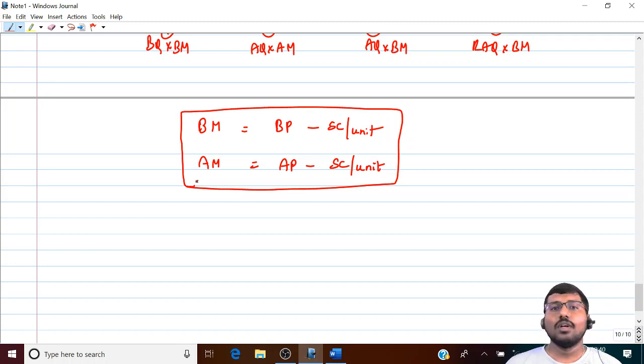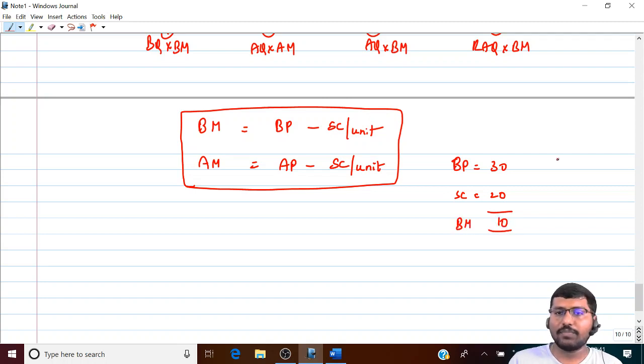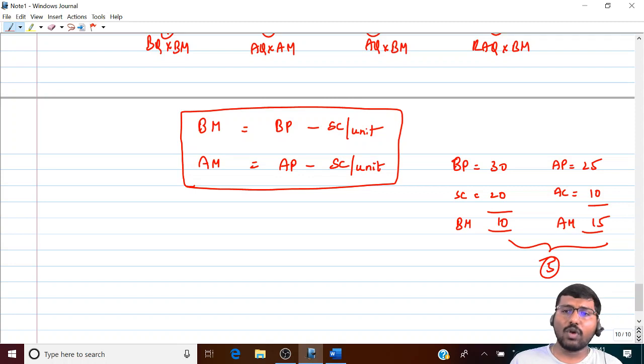You got this? Now, what is the logic behind that? Let's try to understand that with an example. Budget price, let's say it is 30. Next, standard cost is, say, for example, 20. What will be your budgeted margin? 10. Actual price is, say, for example, 25. Actual cost is, say, for example, 10. What is your actual margin? 15. Now there is a difference of 5 rupees. I wantedly took the wrong formula. Is that clear? Actually, the formula should be actual price minus standard cost. But then I've taken actual cost intentionally, only to explain you what is the logic behind this.